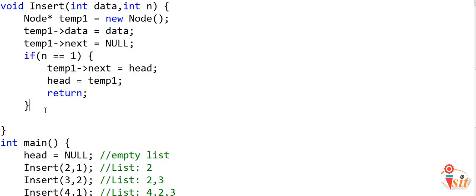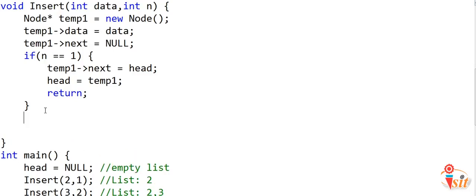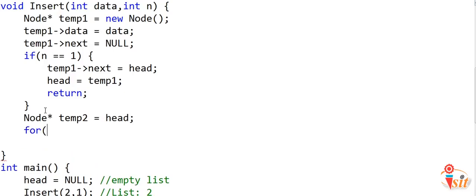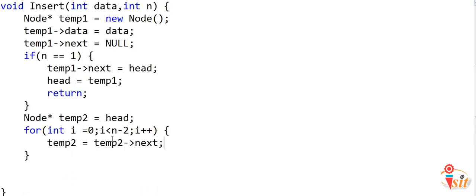Now for all other cases, we will first need to go to the n-1th node, as we had discussed in our logic initially. So what I'll do is I'll create another pointer to node, name this variable temp2, and we will start at the head, and then we will run a loop and go to the n-1th node, something like this. We will run the loop n-2 times because right now we are pointing to head, which is the first node.